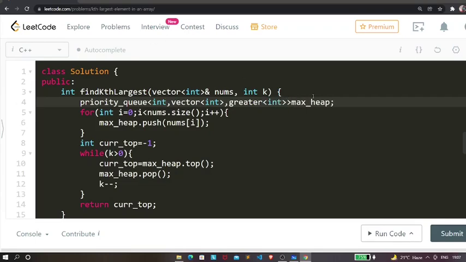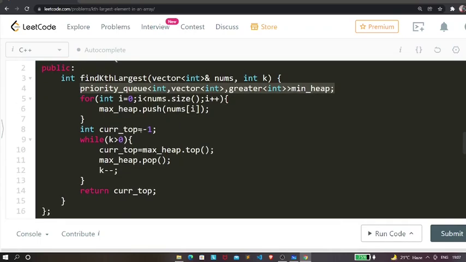This will actually convert this to a min heap. And next we are going to perform the similar operation which we have done using the max heap, and we are going to get our answer. So the only change you need to make over here is this line, and the rest is all the same.